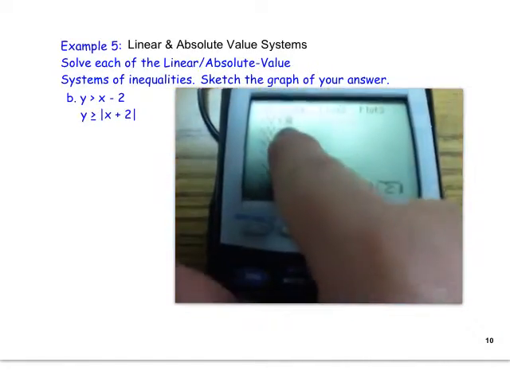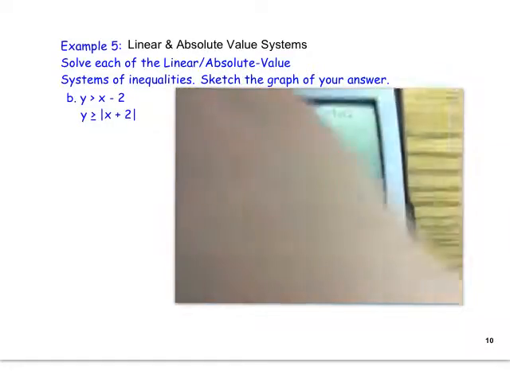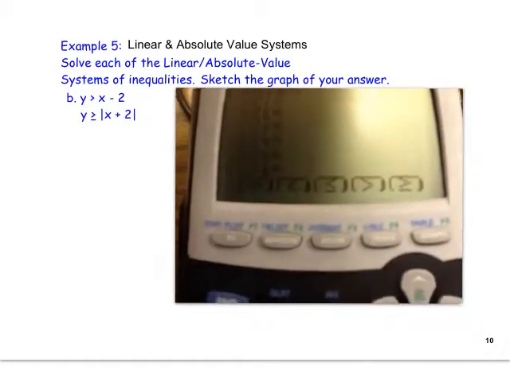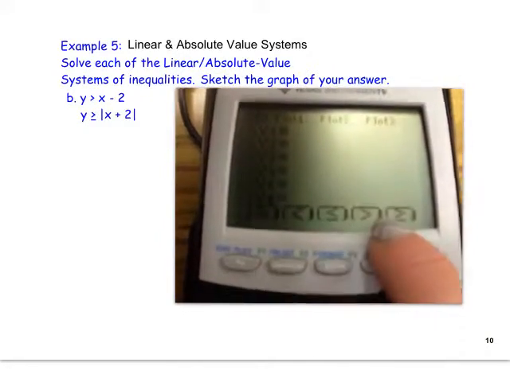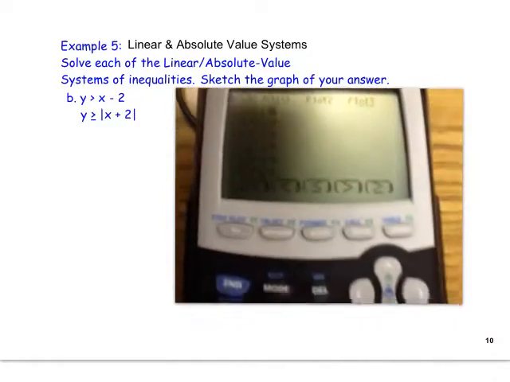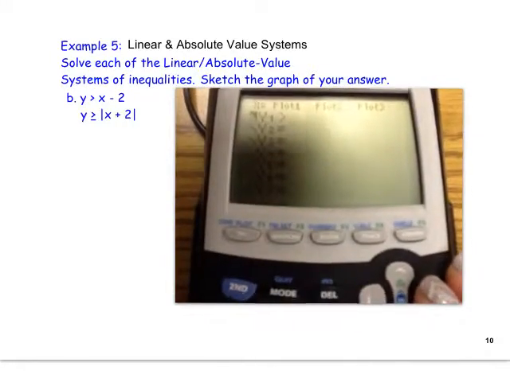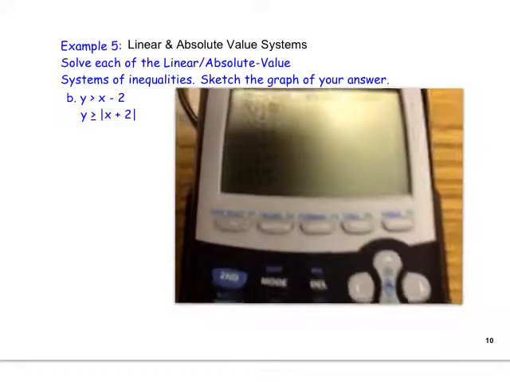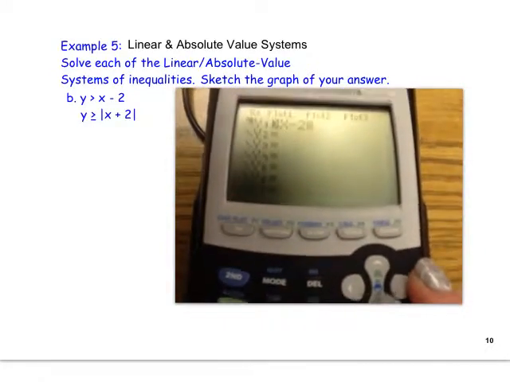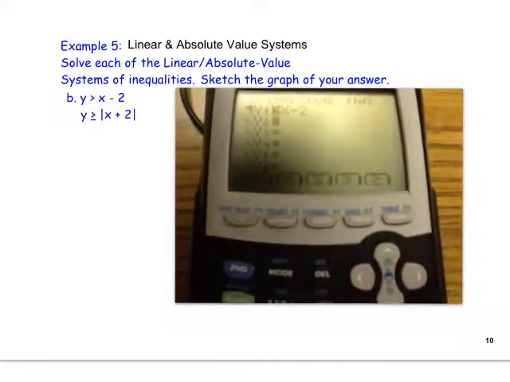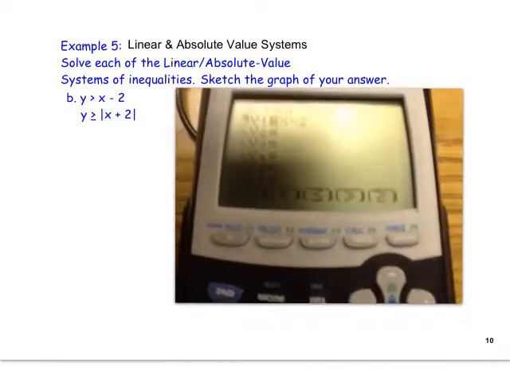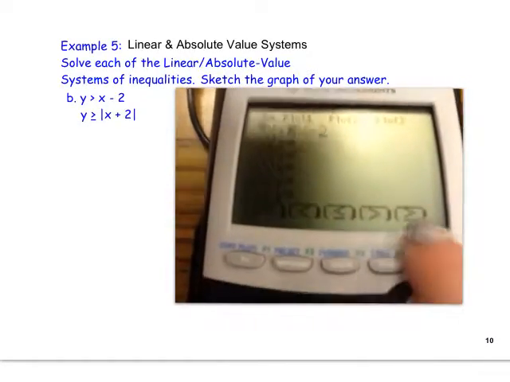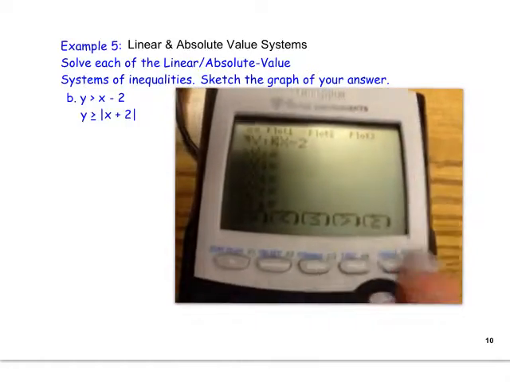And where it says equals, we're going to change that first one to a greater than symbol. So the greater than symbol is right here above trace. So push alpha trace, right arrow, and we're going to type x minus 2. Arrow down, highlight on the equal sign. This time we want the greater than or equal to symbol. That one is right above graph. So we're going to touch alpha graph,